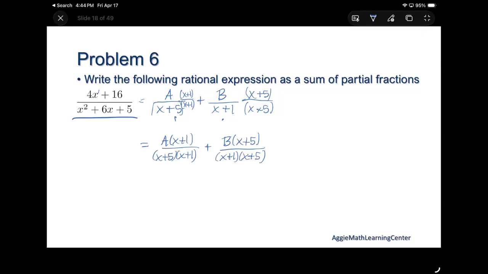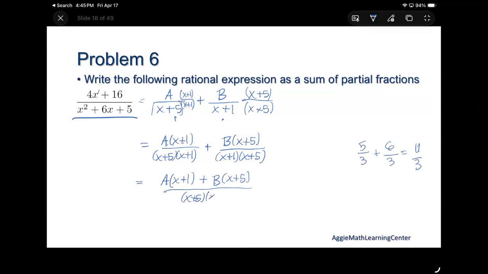Now that I have a common denominator, just like with numbers, if the denominator is the same, I can add the fractions. If not, it doesn't really make sense to. Now I can say that I've got a(x plus 1) plus b(x plus 5) all over